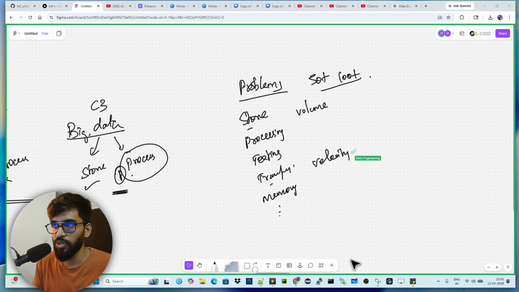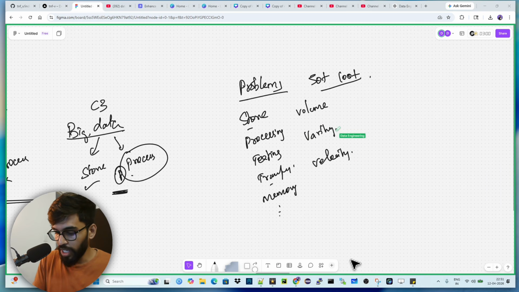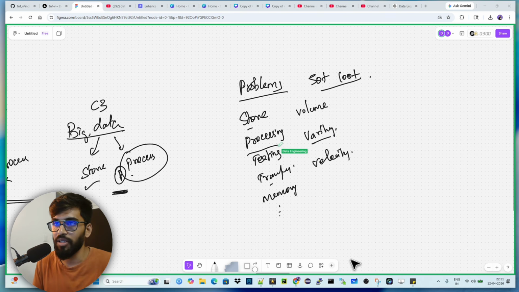Unstructured is audio, video, images. You have different types of data, and there is no such technology currently. You have to process all these different types of data, or you have a problem with your current technology to process different types of data, right? And we have to say we have a variety problem, or you can say simply an issue with processing the data. My tech stack isn't able to process it, right?